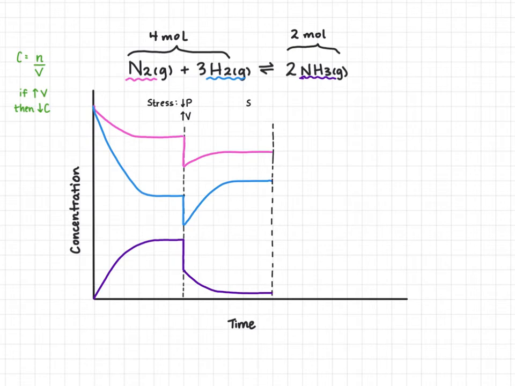So this time our stress will be the opposite. We are going to increase the pressure by decreasing the volume. And on a graph, that's going to look like a jump in concentration. The reason being, the same as before, we have concentration equals moles per liter. If the volume decreases, then the concentration will go up. So we're going to have a sharp increase in our concentration of all of the species in our equilibrium,